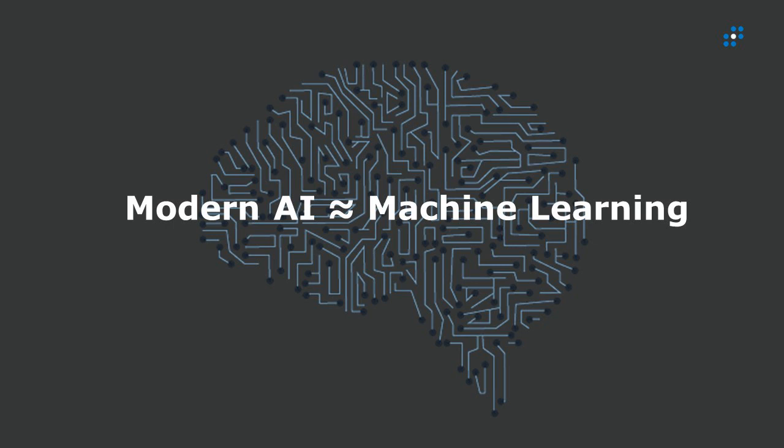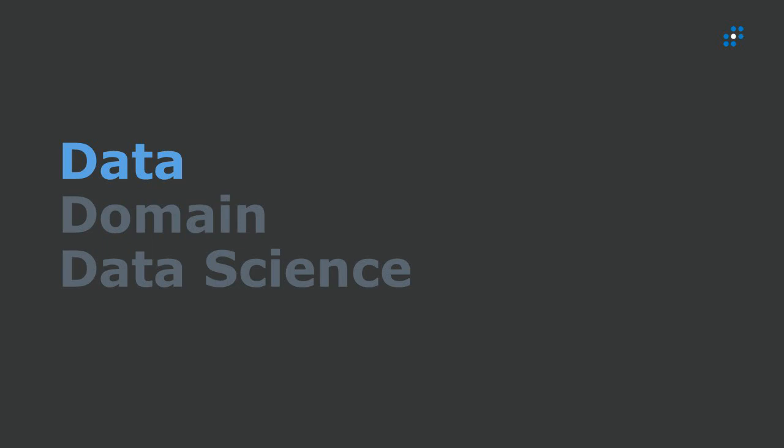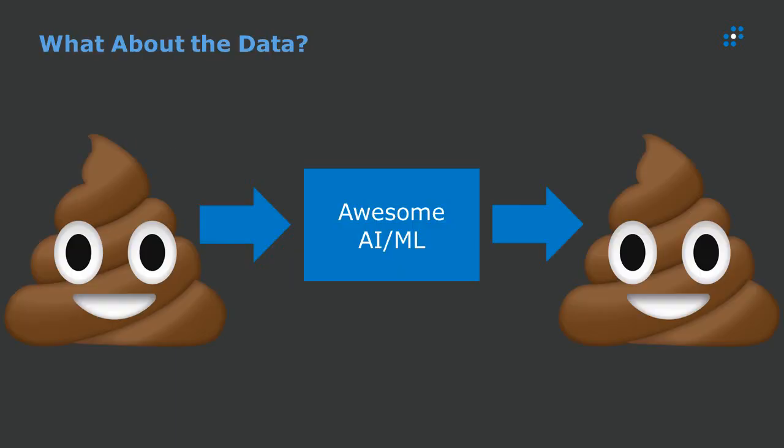So let's talk a little bit more in detail about the key success factors in applying artificial intelligence and machine learning. The reality is machine learning is completely 100% dependent on the data and the quality of the data. You can have the most fantastic machine learning algorithms and the most fantastic data scientists working on them, but ultimately, if it's garbage in, it's going to be garbage out, and the best algorithms and the most compute power in the world are not going to solve that problem for you.